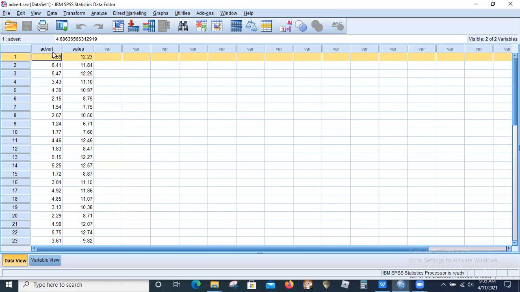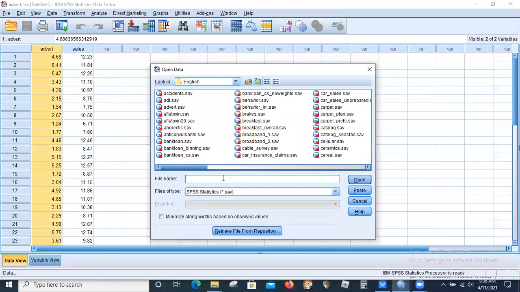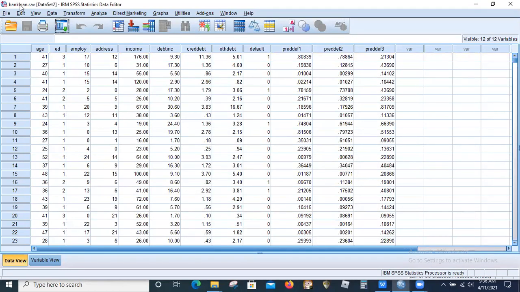This type of data is what we call bivariate data, okay? Because it has two variables, advertising expenditure and sales. But if I open up any other data set, let's say this particular data set of bank loan, you see now the number of columns is more than 2. As I have told you, each column in this data set represents a variable. The first column represents age in years. So this data is about loan applicants